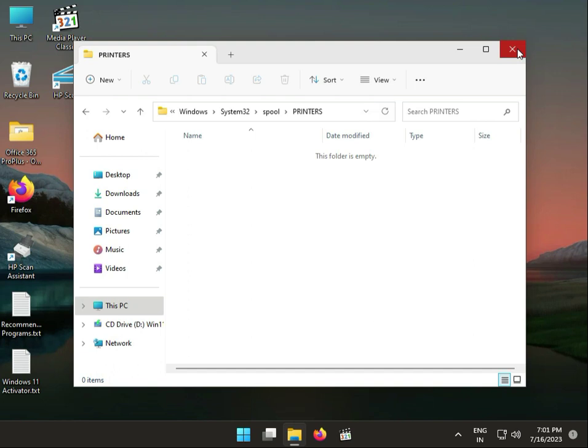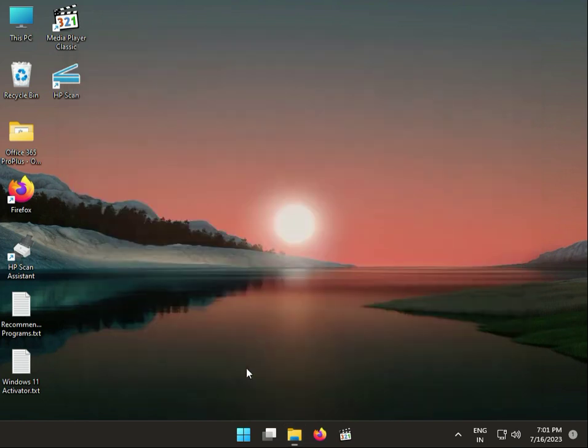Okay, this is actually the address: Windows System32 spool printers. Okay, so guys, you do all the steps one by one, and if the issue is still showing, you can comment to me, I will support you. Okay,